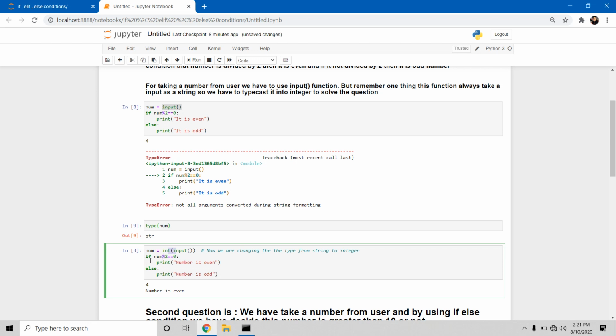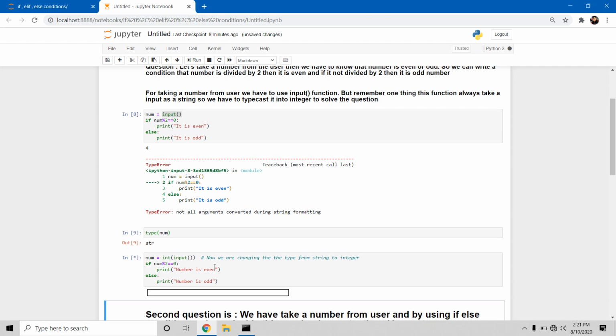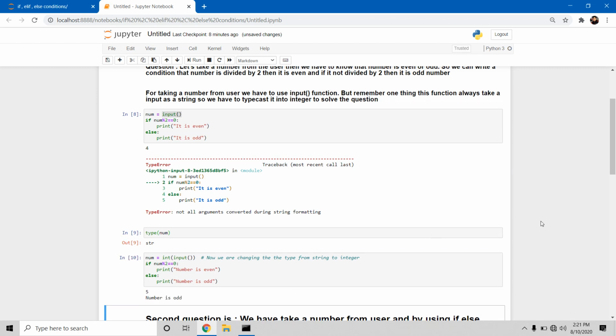Then we can check if num is divisible by 2, then print number is even, else number is odd. After executing them we can enter any number like 5, number is odd.